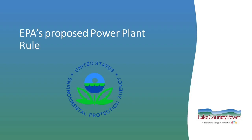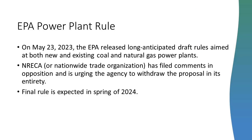Shift a bit from state to federal. The EPA, the Environmental Protection Agency, has a power plant rule. In May of 2023, they released their draft rules aimed at coal and natural gas plants across the whole country. A final rule was expected in spring of this year. That's been pushed out a bit because they want to make some changes, but what I'm hearing is the changes being talked about make this